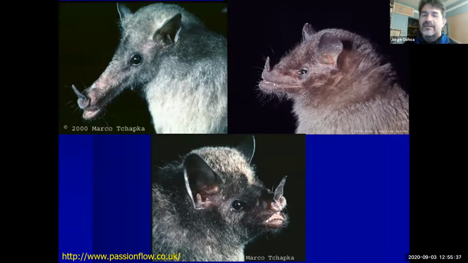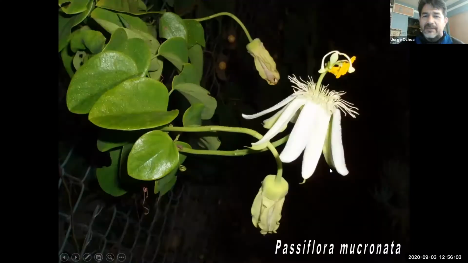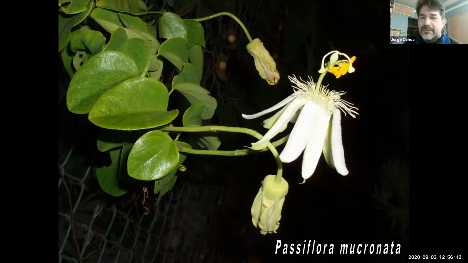So that way, when the bats go back to the roost, they will clean themselves with their tongue. They will eat the pollen. They will then be able to extract the valuable vitamins, minerals, and amino acids from the plant, from themselves. So the passion flowers that have a pollination syndrome for bat pollination are going to have primarily white color. White because they have to be able to be seen by the bats, and the bats are going to be nocturnal. They're also going to open the flowers at night because that's when the bats are going to be active.